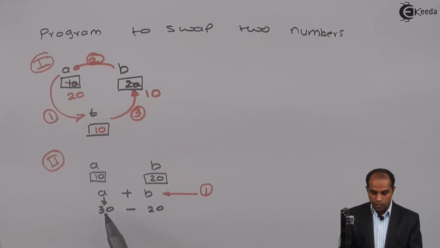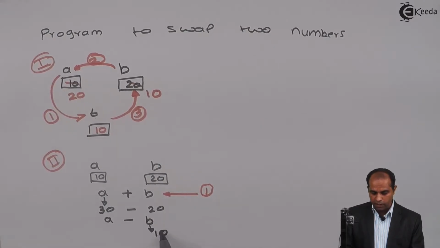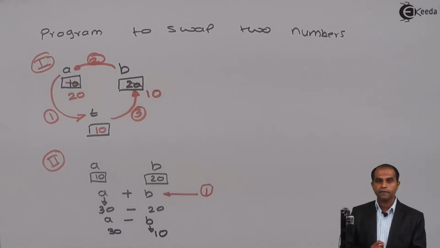Now since I had used A as the first result variable, this time I'll do the subtraction and store the result into this particular variable B, and we'll call this process 2. So again I'll write the process A minus B, and the result is stored this time to B. So A is 30, minus 10, minus 20 is 10 in this case. So the fresh values of A and B are 30 and 10.